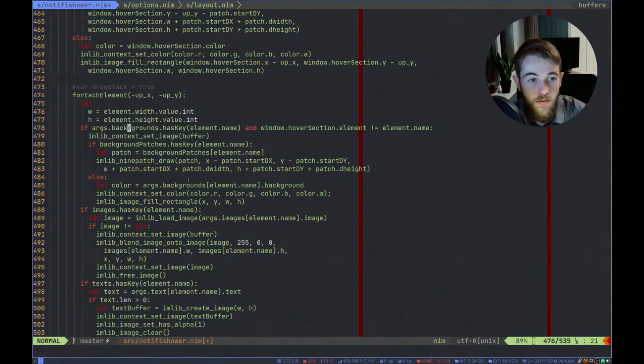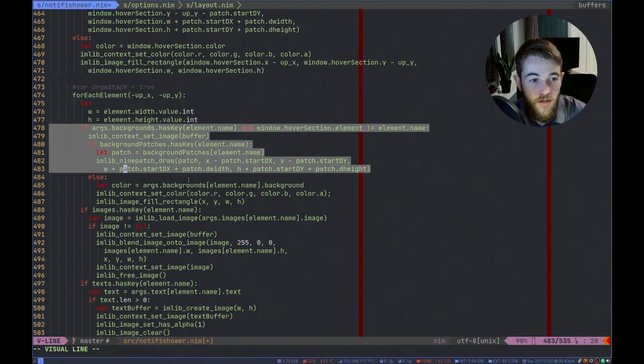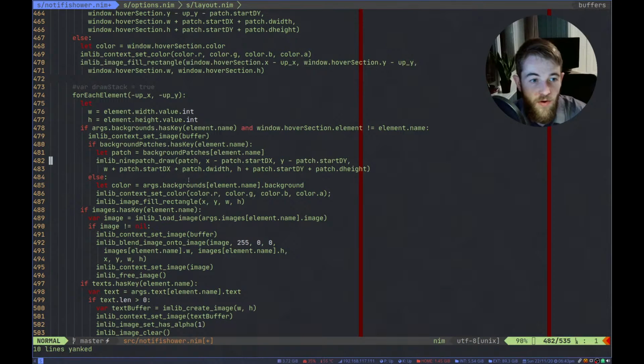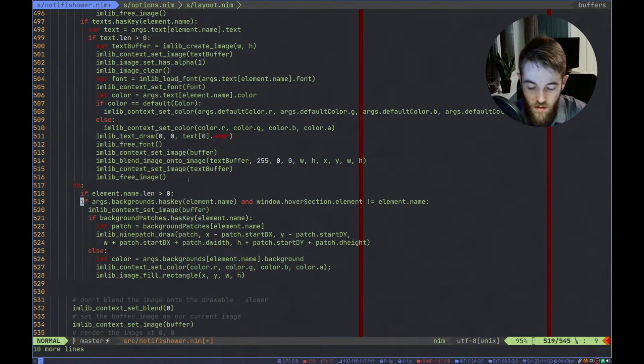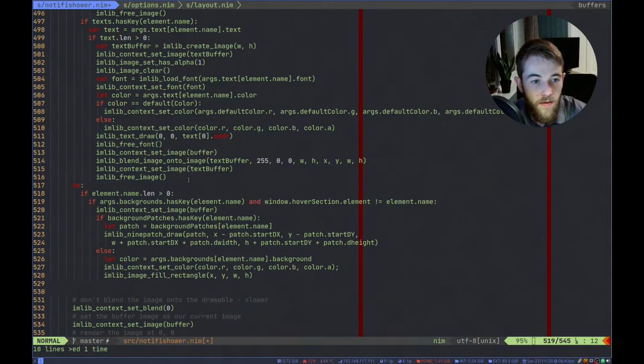So let's do this. Just copying the code here for normal backgrounds. There. So if arguments, if it has the element name, and we know hover section, yeah, so we can't hover. You know what, we should add that as well, but I haven't at the moment. So let's not remove that, let's just comment this out.